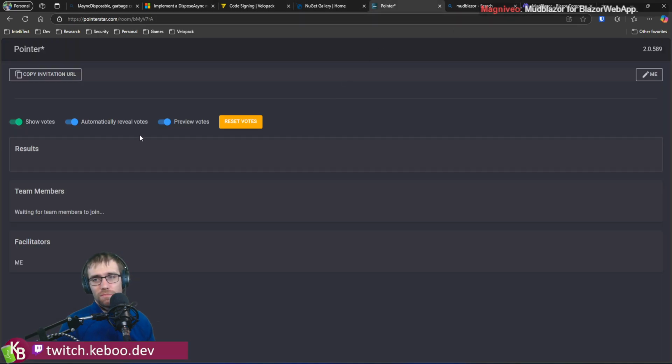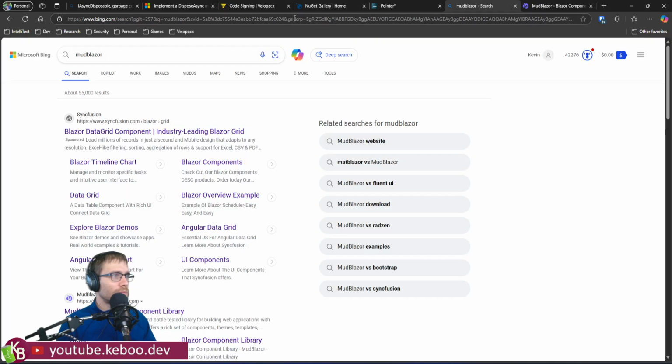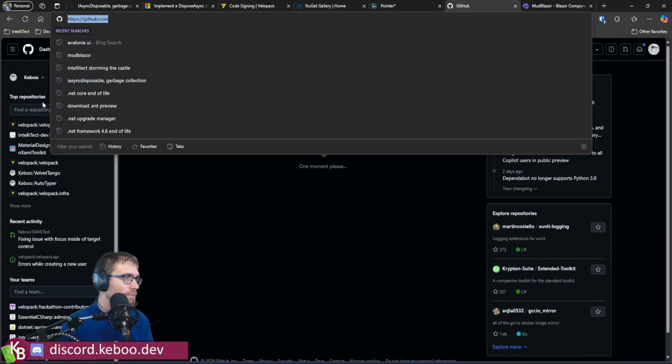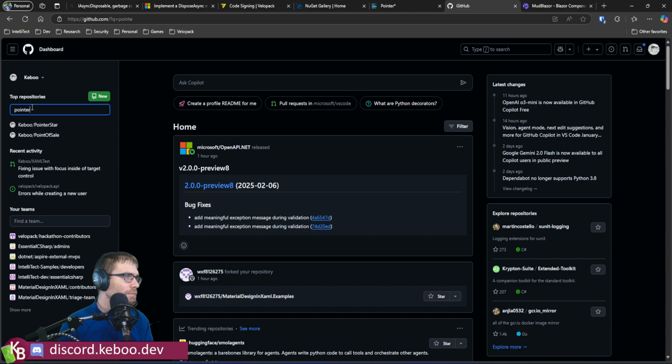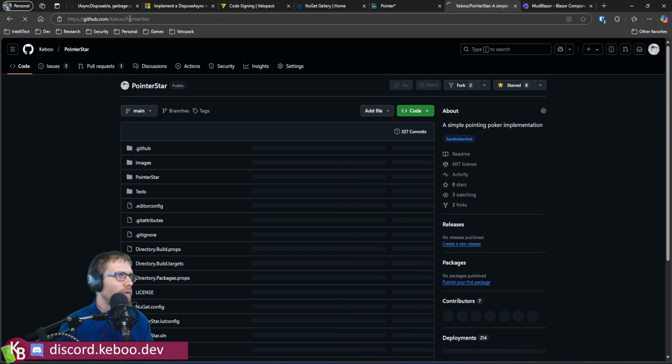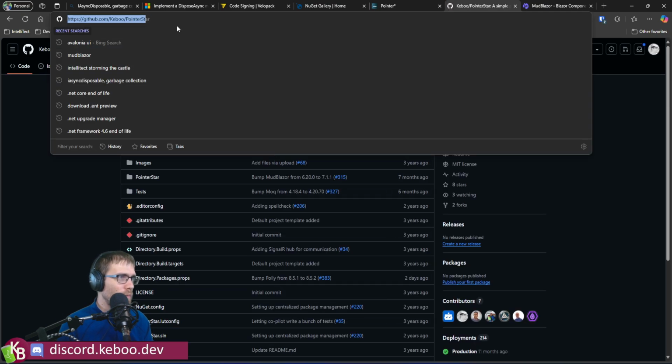and we still use it even in our sprint plannings and whatnot for making sure that we have things appropriately sized. So very simple. If anybody wants to use it, knock yourself out. If you find bugs, it's open source. Let's see here. If we go here, if anybody cares to see the repo,